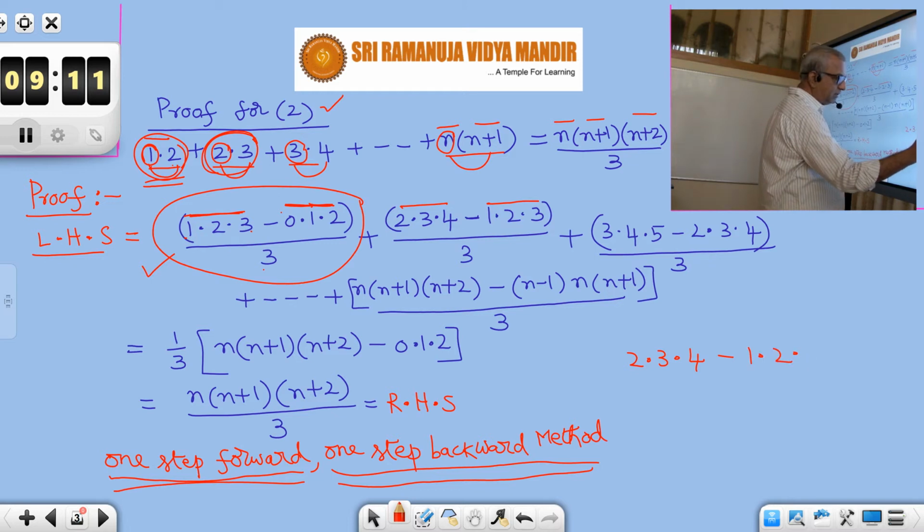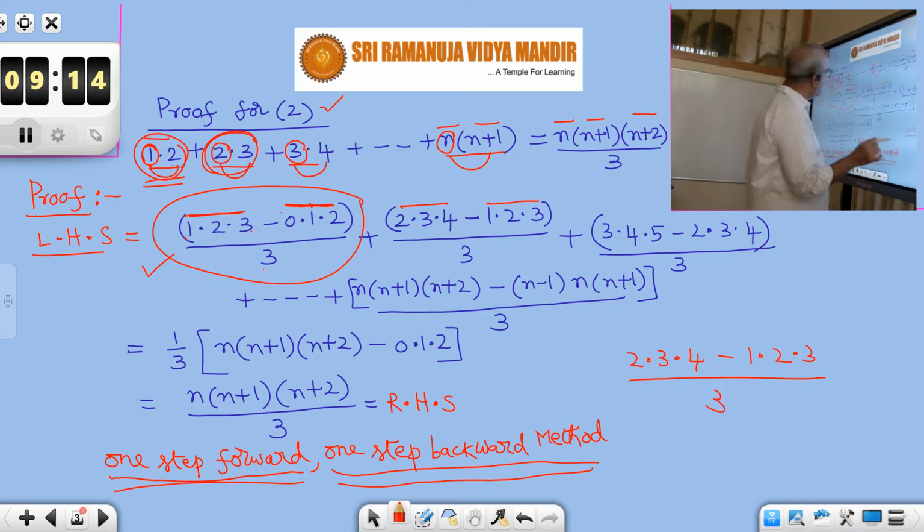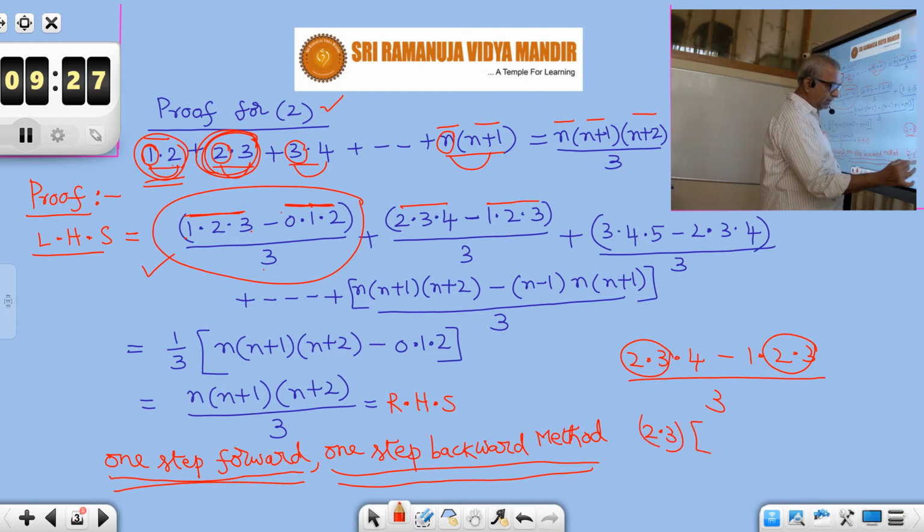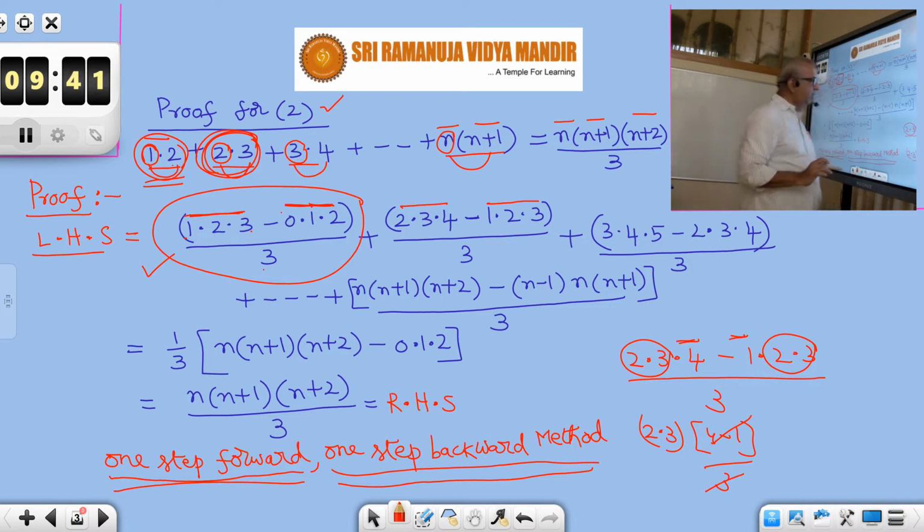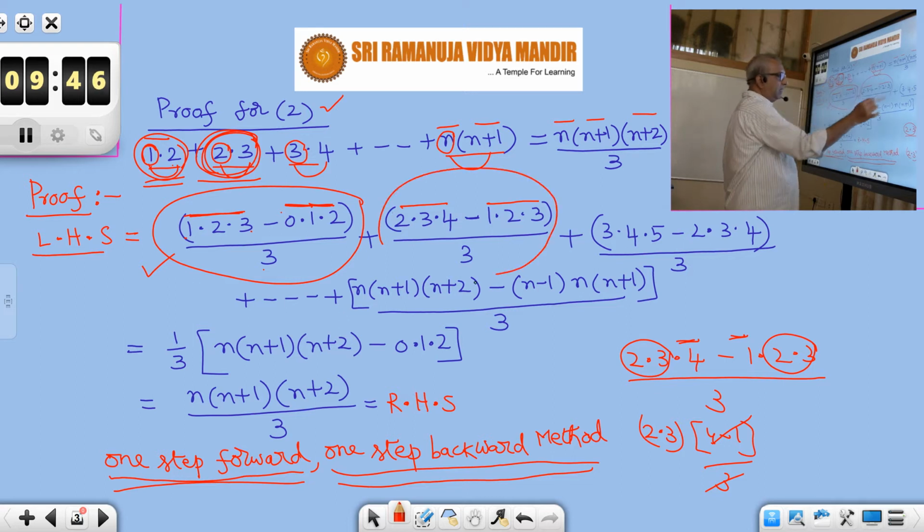The method is like this, you see. This is how I have written the second term 2 into 3. Is it equal to 2 into 3 or not? Let us see. What is common in the numerator? 2 into 3. Take it common. In the bracket you get what? This 4 minus 1. Whatever middle numbers are there, they will only be in the brackets, by 3. This 4 minus 1 is 3, and 3 and 3 get cancelled. So it is just equal to 2 into 3 only. 2 into 3 is the second term. So that second term is written like this.